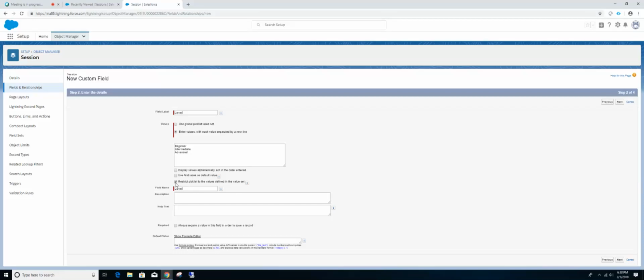So by checking this checkbox, what we are saying is, even if somebody is doing a data load from the backend, make sure they only enter these values, okay? If anybody tries to load the data outside of these values, throw them an error, okay? This is, if I uncheck this,